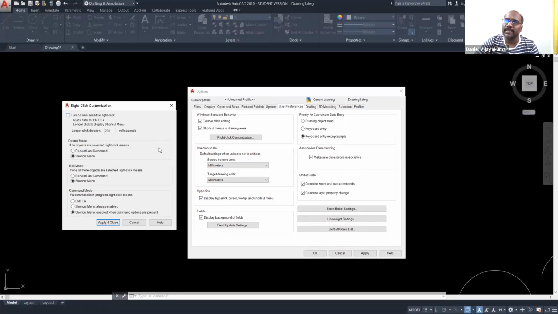Otherwise, you can go for other default. See, the first default mode is right click will help you to repeat last command or shortcut menu. Now I am choosing, if you see right click, then I got the shortcut menu. If I'm choosing repeat last command, means whatever the command you